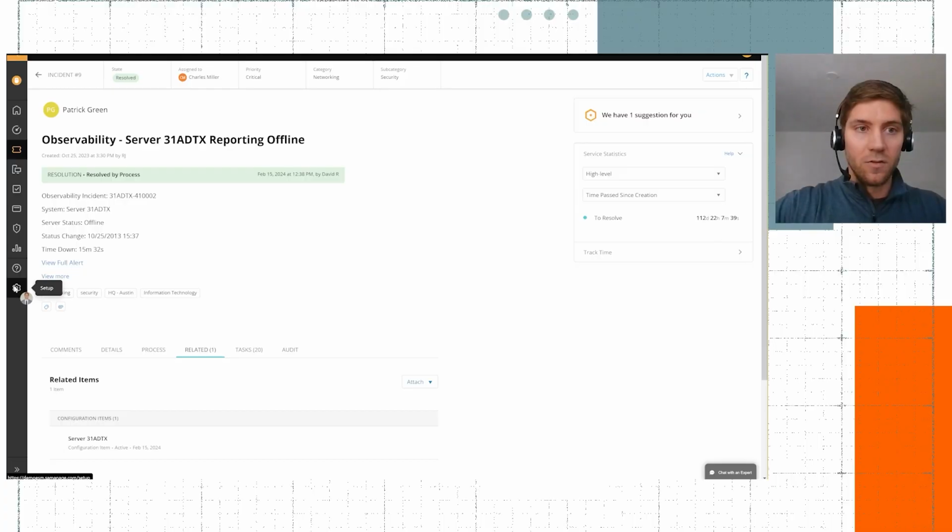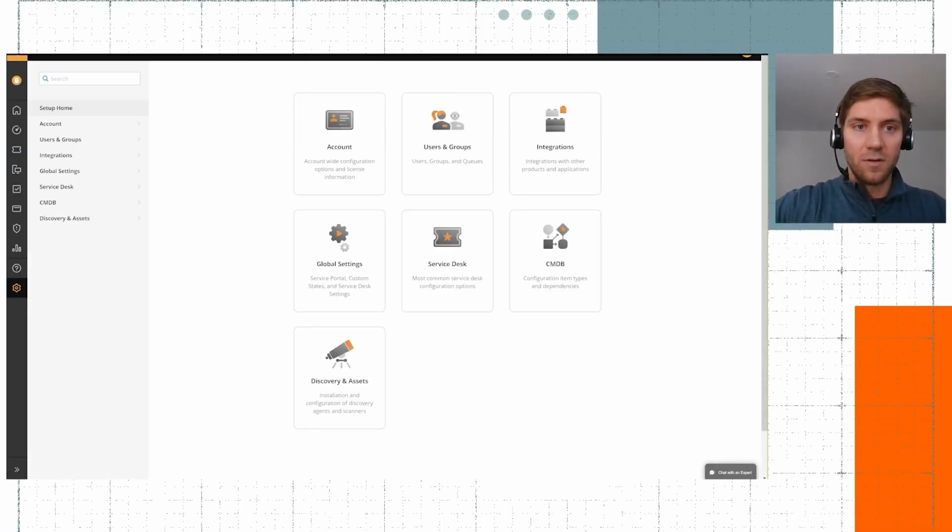Yeah, really, really simple. And in fact, I can jump in and show you guys that there. But I always tell customers, if you can draw it on a whiteboard or map it out on paper, you can put it into the service desk. The setup, the build of this, it's all click, drag, and drop. So if I click into setup, and I won't spend too much time on this, but just to show everybody,